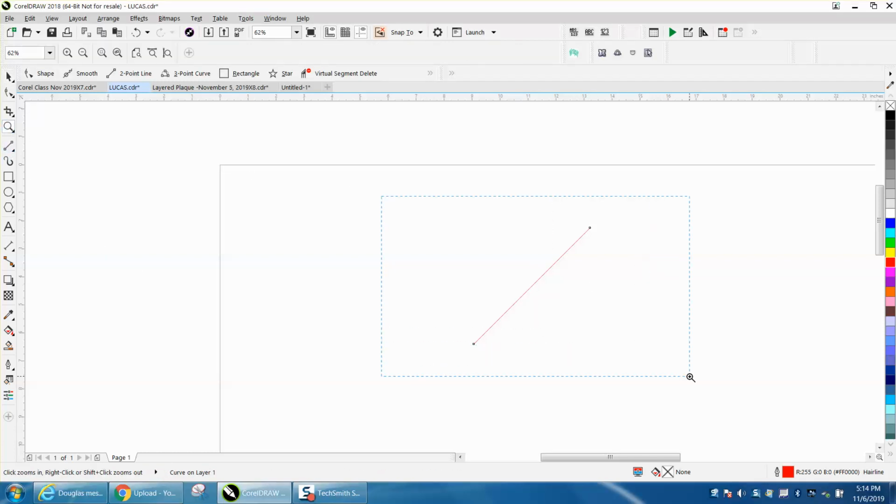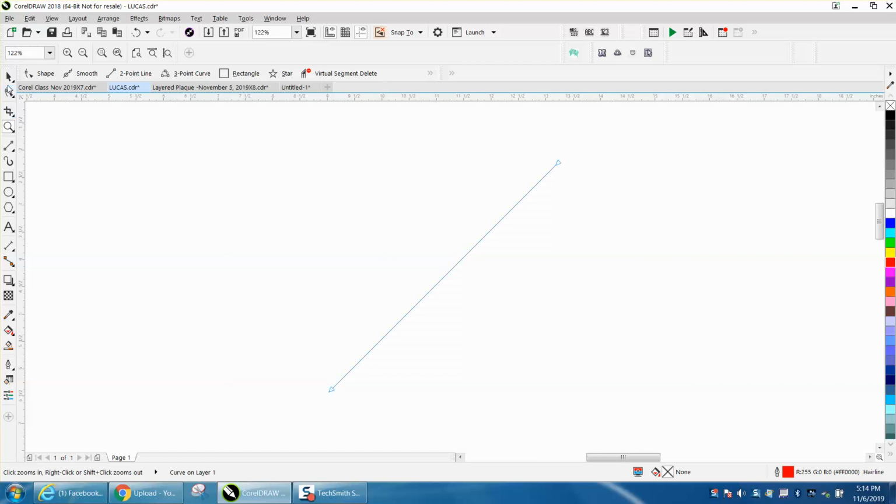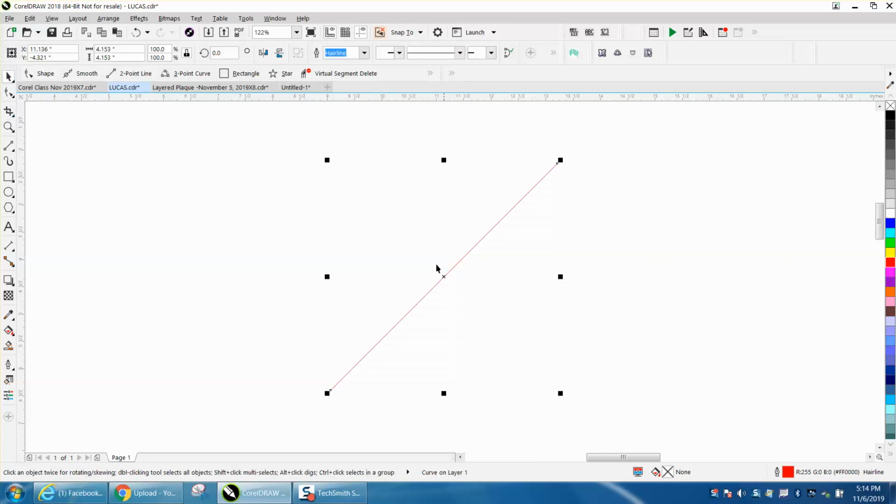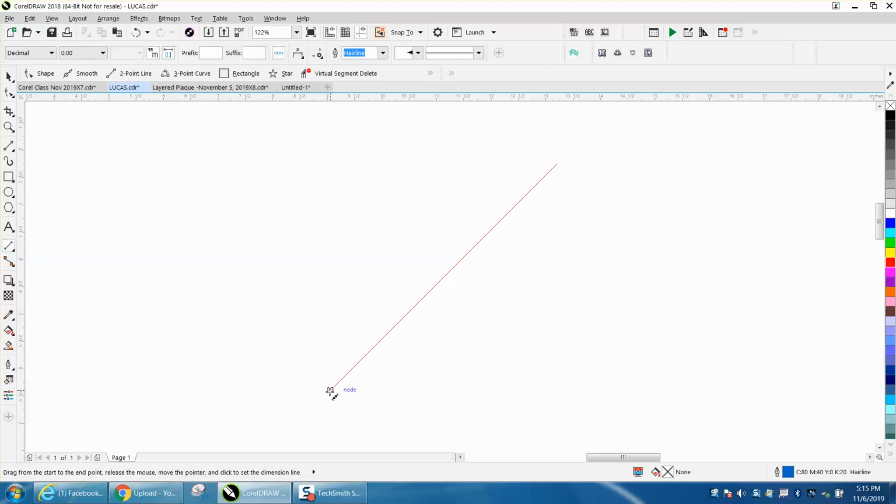Or no, they did on Facebook, I think. How can you figure out the length of a line that's on an angle? And they also asked how you could change the length of that line. There's really no way. You could probably do it mathematically. And somebody already told them on Facebook, use the parallel dimension tool and then click on that node, and you